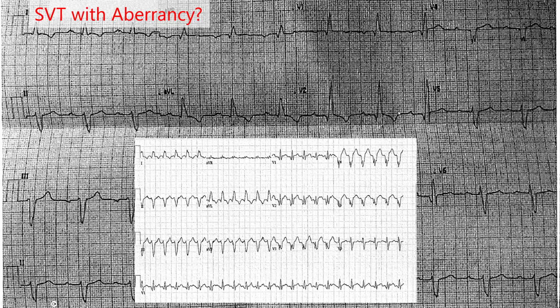So you can make an argument that in the anterior precordial leads, although the overall axis is very similar and the overall morphology is similar, there are clear differences. Whether this represents just rate-based aberration versus a true ventricular arrhythmia, or even just change in the placement of the leads is very difficult to know. And as you remember, it's often the case that the anterior precordial leads are placed in the most variable positions, right?